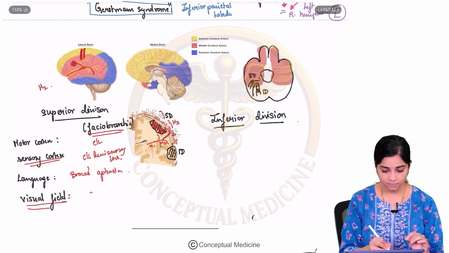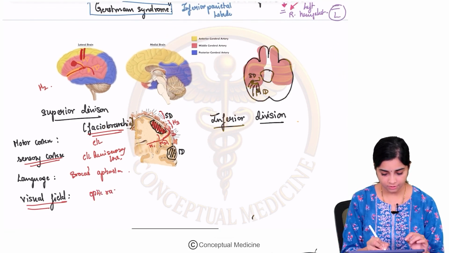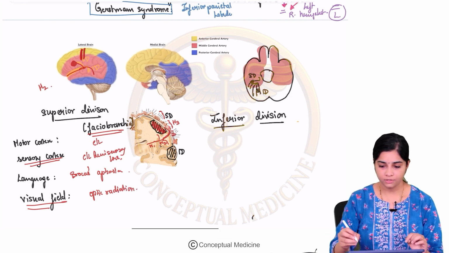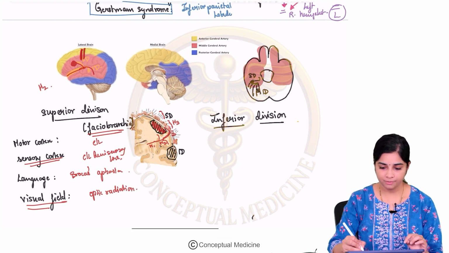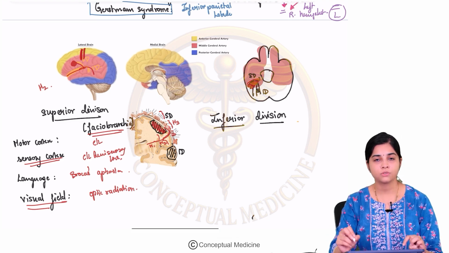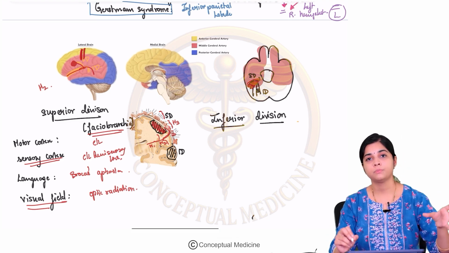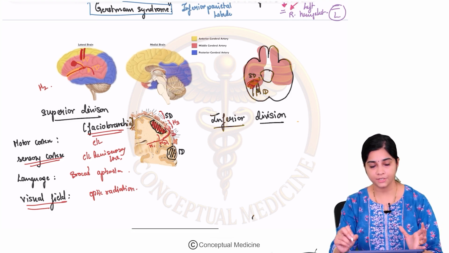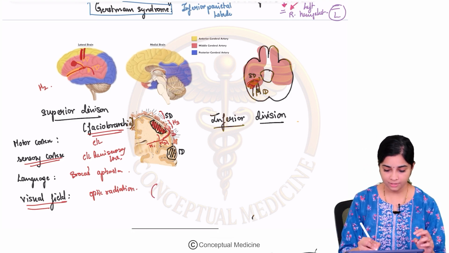There is involvement of the optic radiation. The superior division of M2 basically supplies the superior optic radiation, this part of the optic radiation. So whenever only the superior part of the optic radiation is affected, what type of hemianopia will you get? You will get an